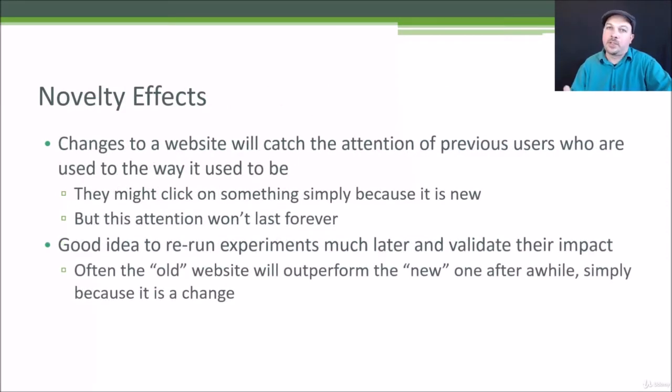One problem is novelty effects. So kind of the Achilles heel of an A-B test is the short time frame over which they tend to be run. Okay, and this causes a couple of problems. First of all, if there are longer term effects to this change, you're not going to measure those. But also, there is a certain effect of just something being different on the website. So maybe your customers are used to seeing orange buttons all the time, and that blue button comes up and it catches their attention just because it's different.